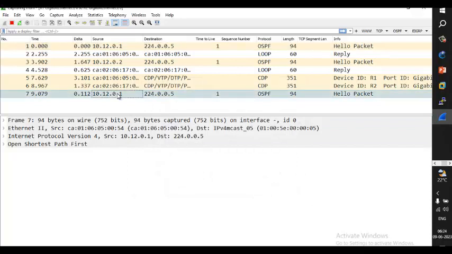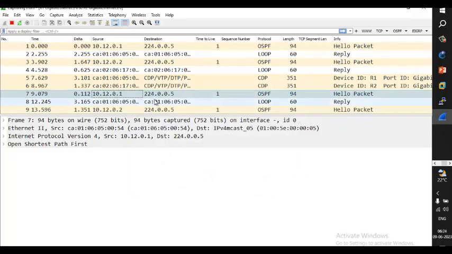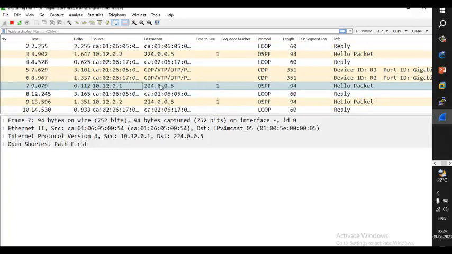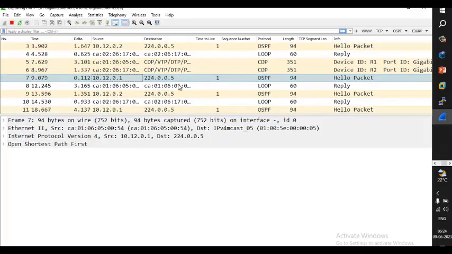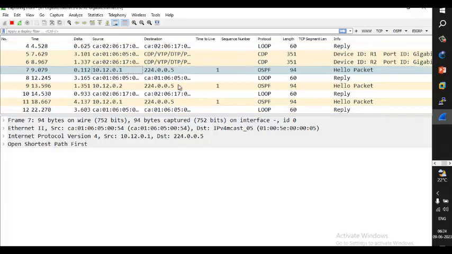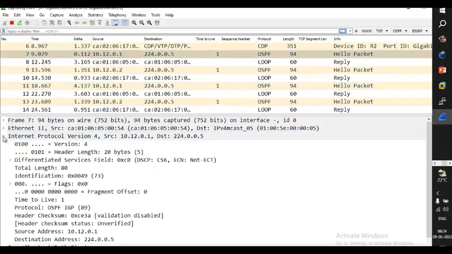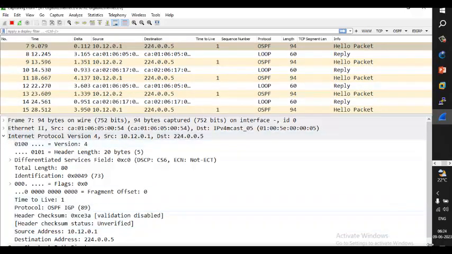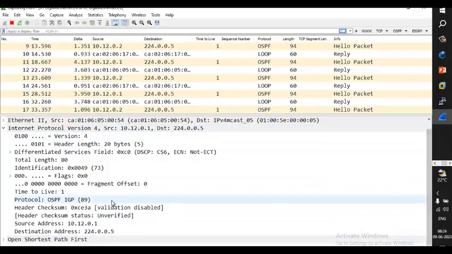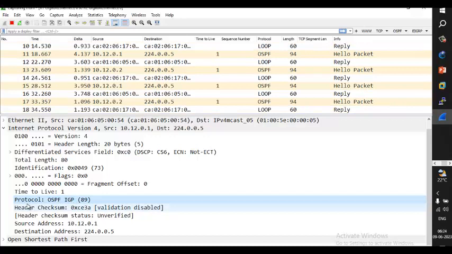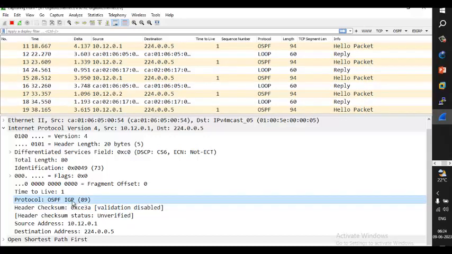See, this is OSPF. How do I know 224.0.0.5 is the multicast address OSPF uses? Kindly note, the multicast address used by OSPF is 224.0.0.5. And it's an OSPF packet. If you go to the layer 3 header, you see the protocol field says protocol is OSPF IGP 89. And if you go down there and open this OSPF,